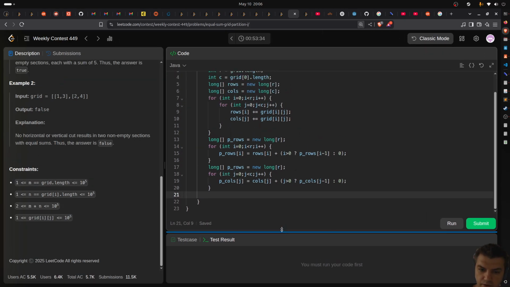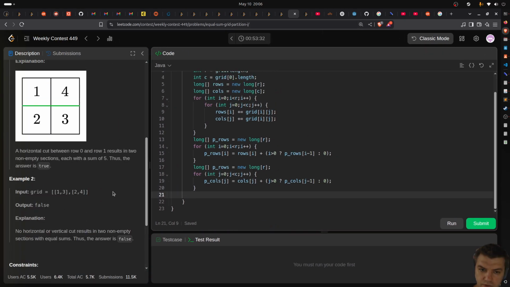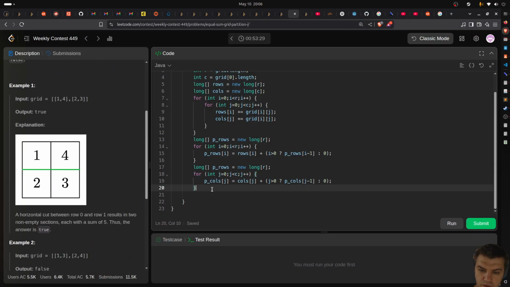And then what am I going to do? I need to go for int i equals 0, for int i equals 0, i less than r minus 1, i plus plus, and then top, if